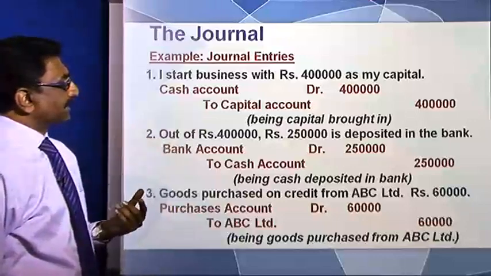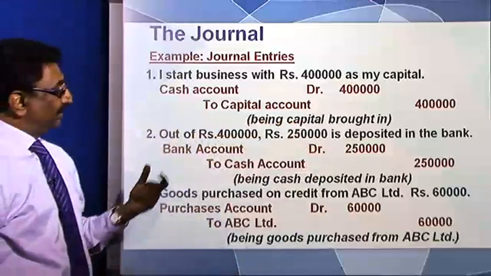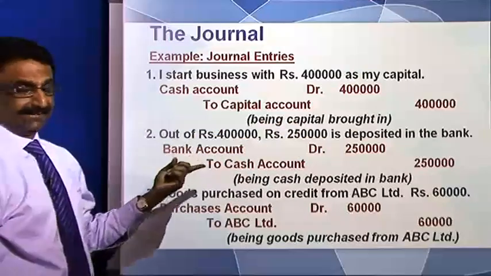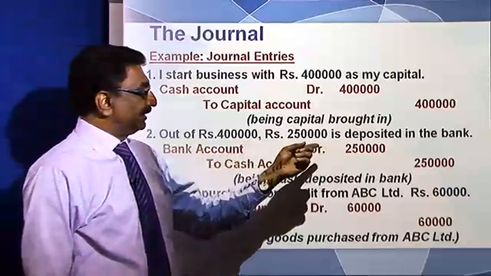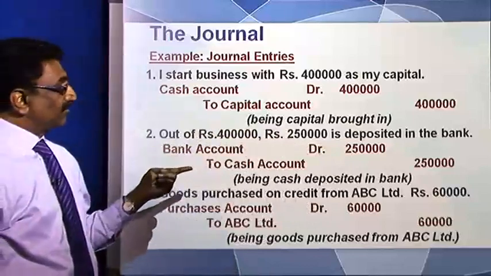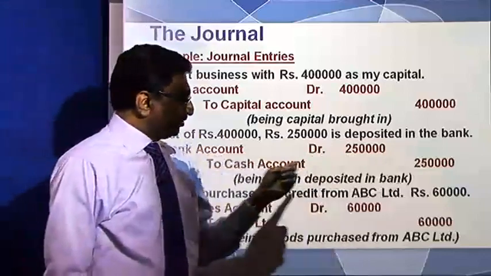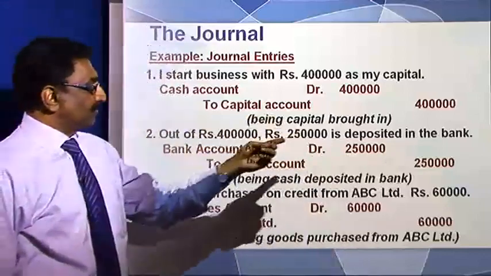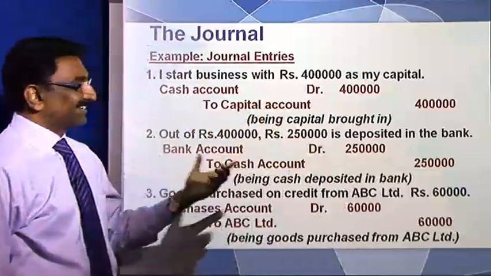Out of this 4 lakhs, 2 lakh 50 was deposited in the bank. So what has happened? There are two asset accounts that are getting affected. One is the bank account, which has increased by 2 lakh 50. So an increase in asset means debit, and the cash account, which is also an asset account, is getting reduced by 2 lakh 50. So credit. So we write "bank account to cash, being...". When you say "to cash" or "to capital," it essentially means